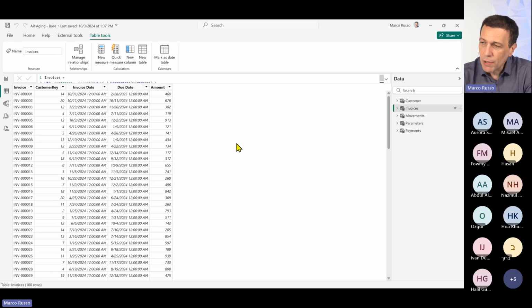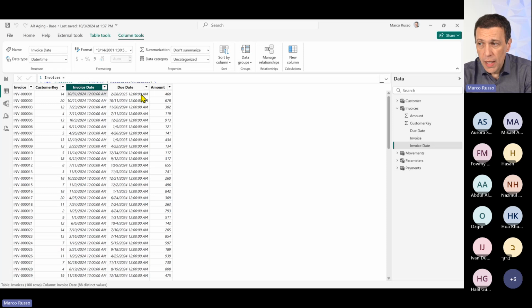So I presented in the slide a more complex model than what we have in the example in Power BI. So in the example in Power BI, I didn't go at that level of complexity, but we can use the same modeling approach also for that level of complexity. Now, in the model I have in Power BI, I don't have invoices that have 2 different payment terms for the same invoice. So basically, we always have a single date for the entire amount of the invoice, which means that for every invoice, we have 2 dates, the invoice date and the due date. And we have an amount and the customer key. So this is the invoices table.